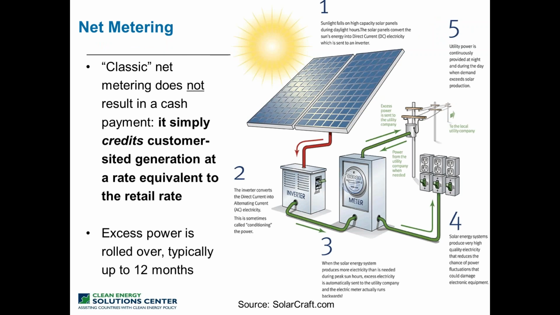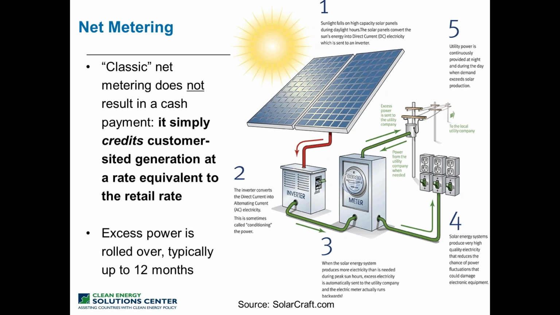So here a very basic illustration of how this works. You have a PV system on your rooftop with an inverter, and then you have, let's say we only have 1 meter in the slide graph, which is able to run forwards but also backwards. So in the case that you consume electricity and you get the electricity from the grid, of course, the meter runs forward as usual with every kilowatt hour that you consume. However, once you produce electricity with the PV system, then this meter runs backward, because you start feeding electricity into the grid. So you're reversing the power flows,